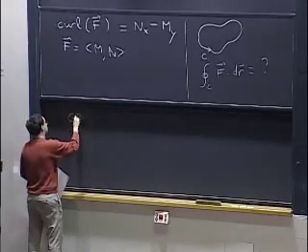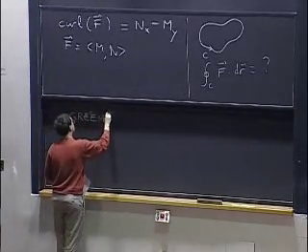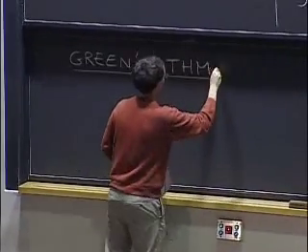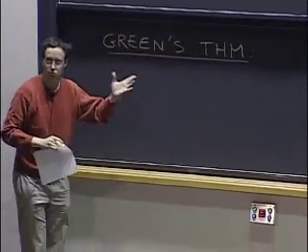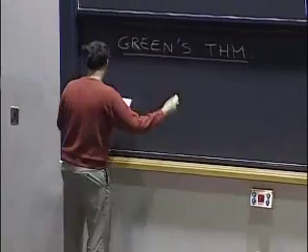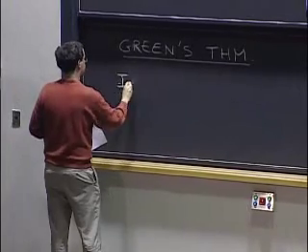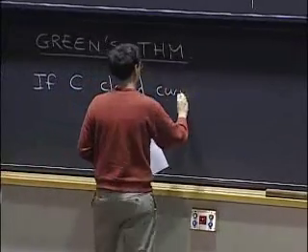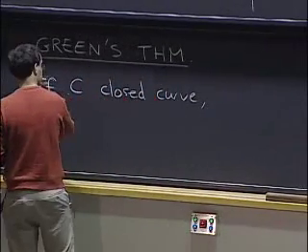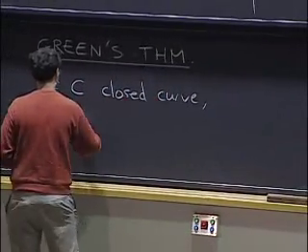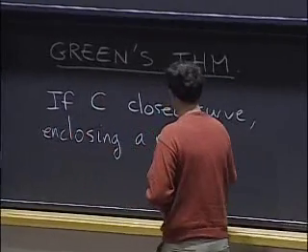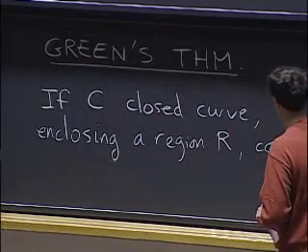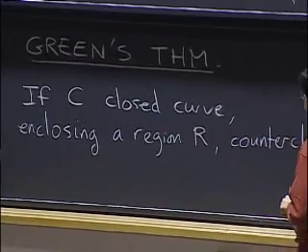So Green's theorem is another way to avoid calculating line integrals if we don't want to. Okay, so what does it say? It says if C is a closed curve enclosing a region R in the plane, and I have to insist C should go counterclockwise,